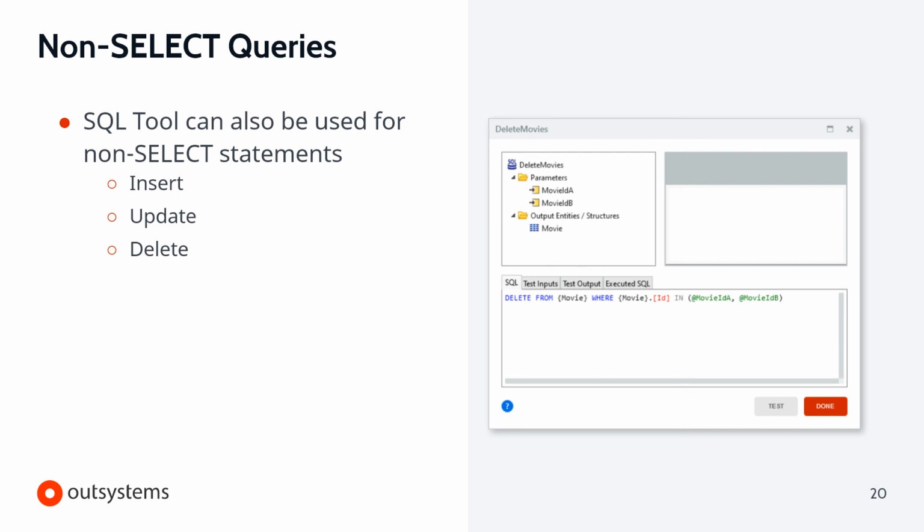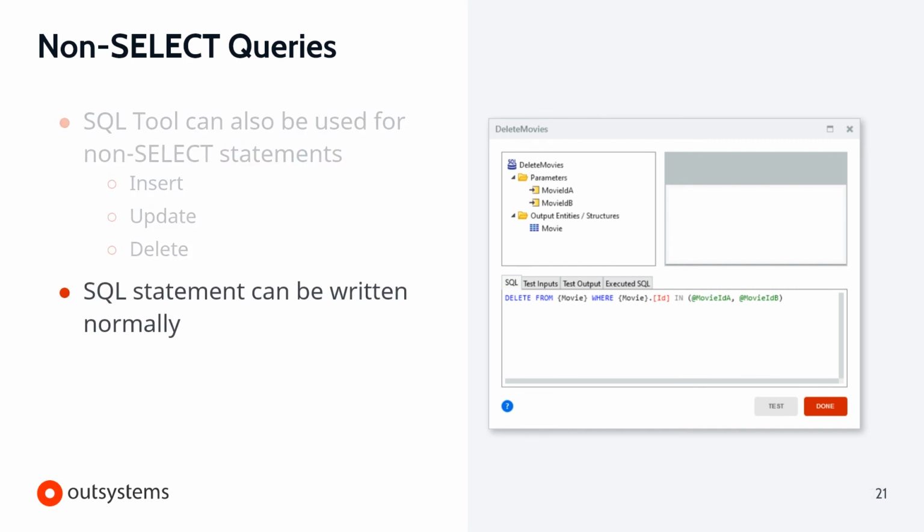Each entity already provides some of these capabilities via the entity actions. However, for more complex use cases, using a delete statement to delete records in bulk may actually be easier and more performant. SQL statements that are deletes, inserts, and updates are written normally as well, with the special curly and square brackets syntax around entities and attributes.